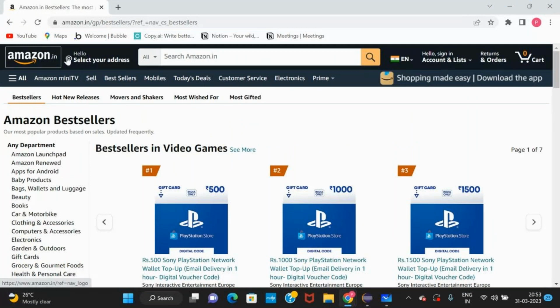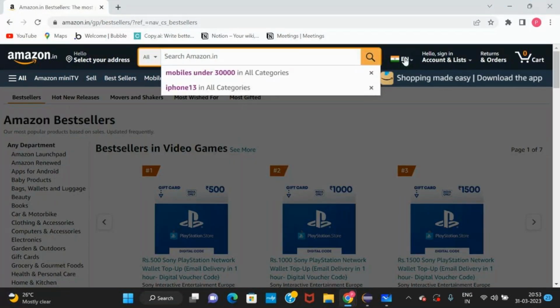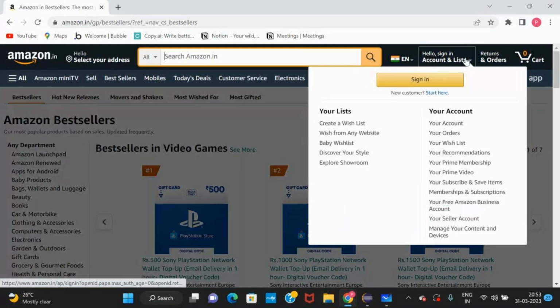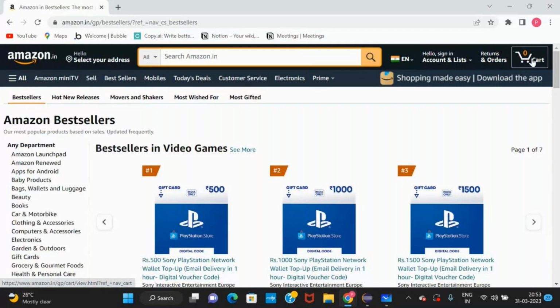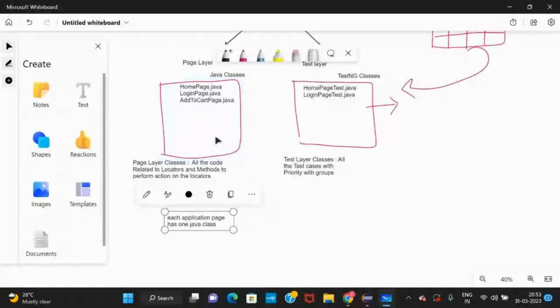Logo, the search, and also returns, orders, sign in, cart, these menu items. This will be there in your home page. Each application page has one Java class. Now we are saying that for the home page, HomePage.java, what will it contain?